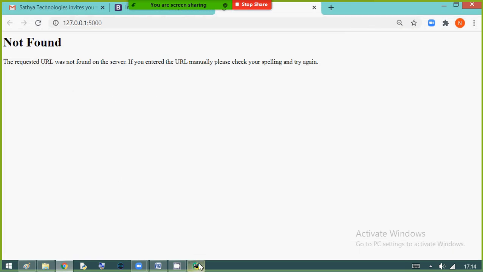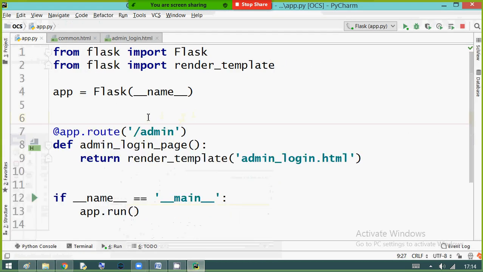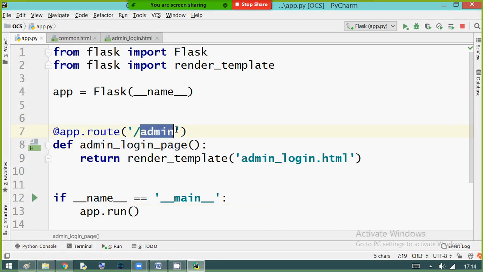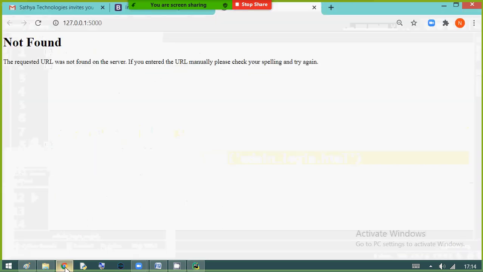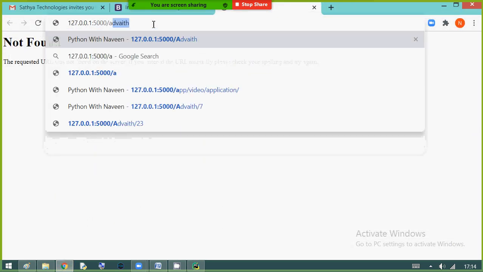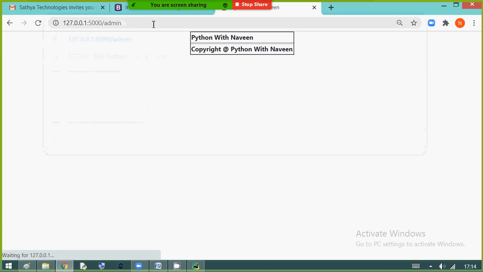The browser is expecting /admin, so in the browser we need to type /admin after 5000. That is the only part we have designed till now. We have written this much code, only this output. The rest will continue in the next video.